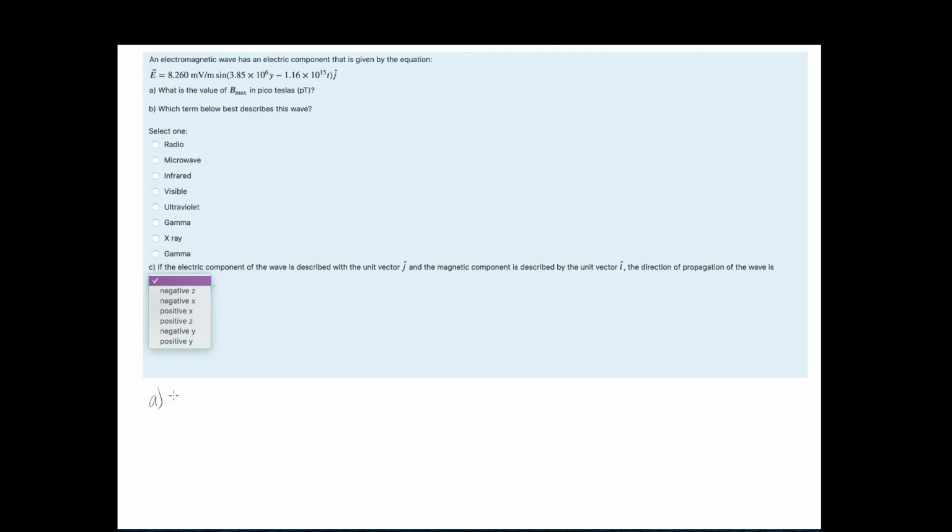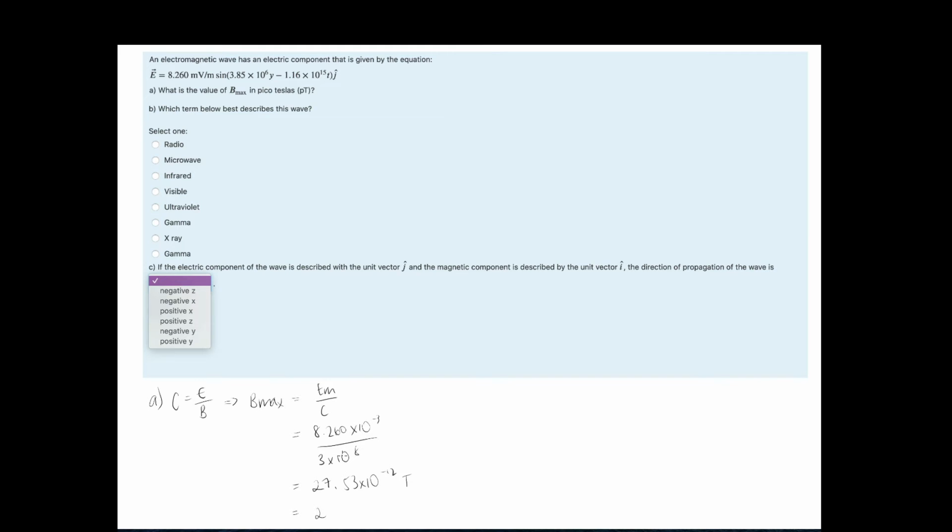Okay, so the formula that we have to use to work this out is c equals E divided by B. Now, from our equation, we have E max. It's 8.26 millivolts per meter. So, therefore, B max is going to be given by E max divided by c. And when we do that, we get 27.53 times 10 to the minus 12 Teslas, which is